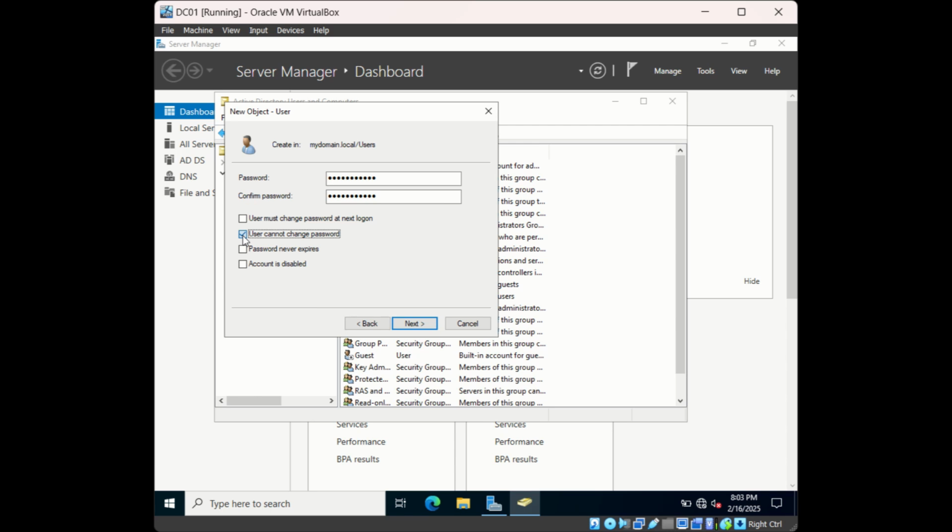Then the third option that you have is password never expires. So if you select this option, then the password will not expire after the duration is completed. Normally there is a group policy which is applied at the domain level, and that policy has a certain expiration duration for user account passwords. So let's say the password will